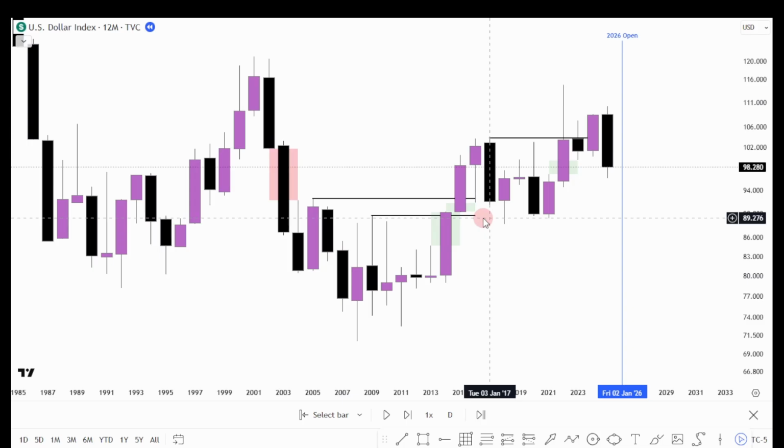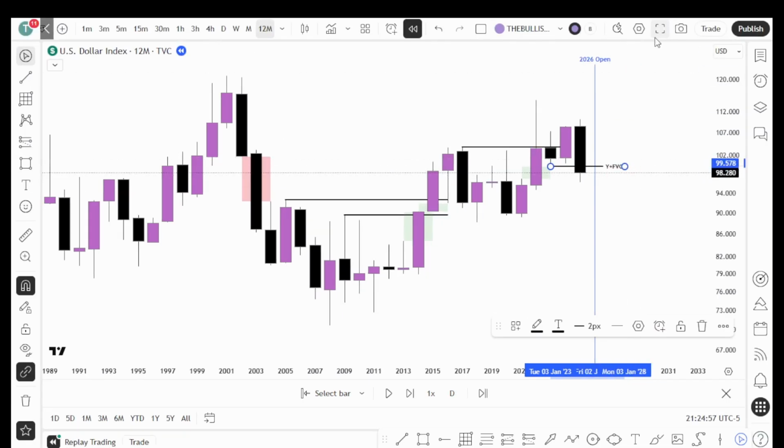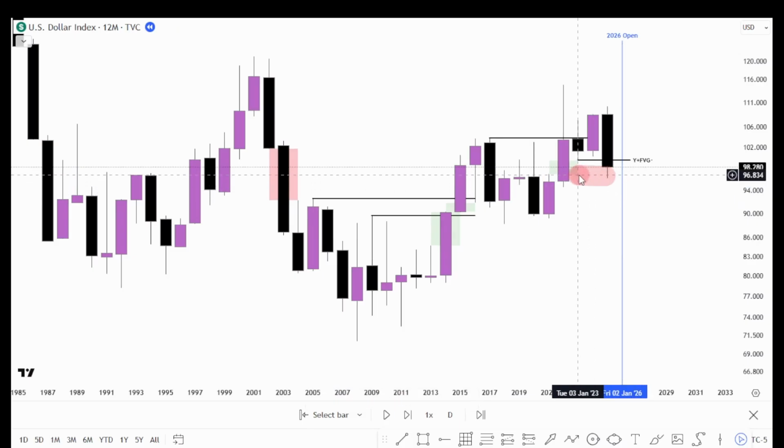So what do we have currently? Where does the current marketplace stand? Simply, we're just trying to deal with the last yearly bullish fair value gap. That is all we need to form our probabilities. We just look at the previous candle close. The 2025 yearly candle closed inside that last bullish fair value gap. Now, to understand what this tells us, we're gonna go quickly to the side right here.